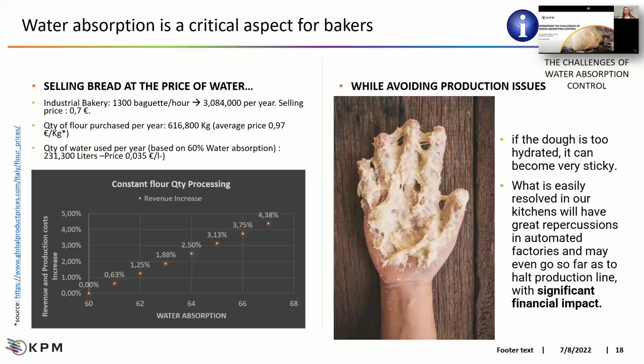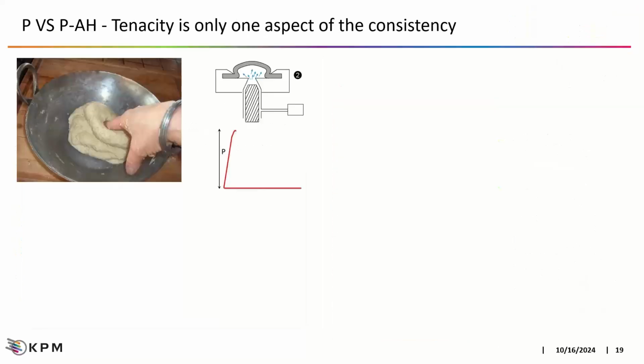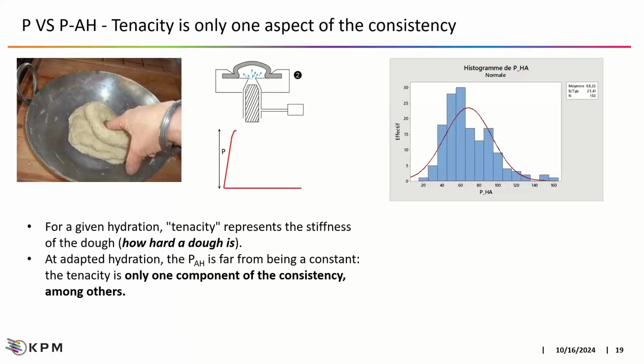And then we have access to all the usual alveographic measurements, such as the tenacity, which is measured, this is the peak of the curve, really. And this is really meant to represent the stiffness of the dough. At constant hydration, the tenacity really represents how hard a dough is, how hard it is to push my finger into the dough. And so we could expect to have, at adapted hydration, very constant